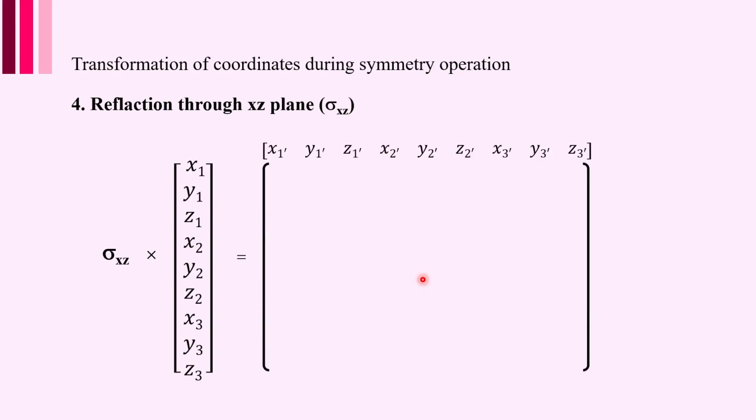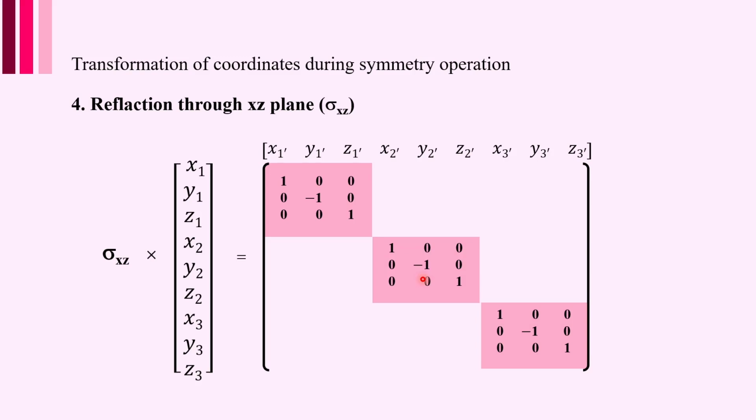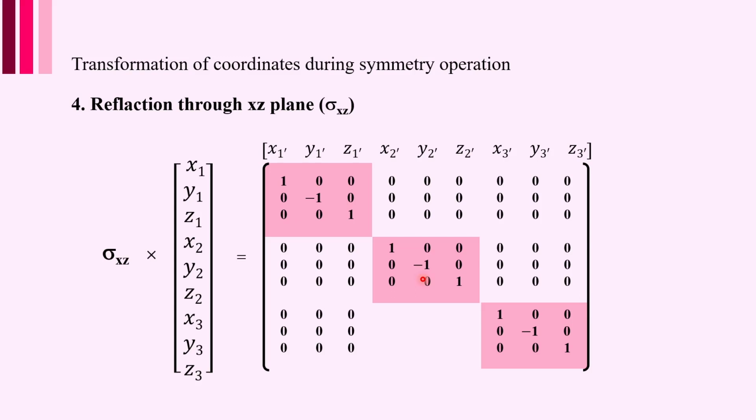So the distinctive feature of this is like this. The atom 1 is in its original place. So this matrix determines this order here. Similarly, the second is in the place of the second system, and the third in the place of the third system. So there's no exchange of atoms. What has been observed is only y is getting inverted. So these 3 matrices or these 3 systems are in the way they are shown, and the rest of the elements are of course